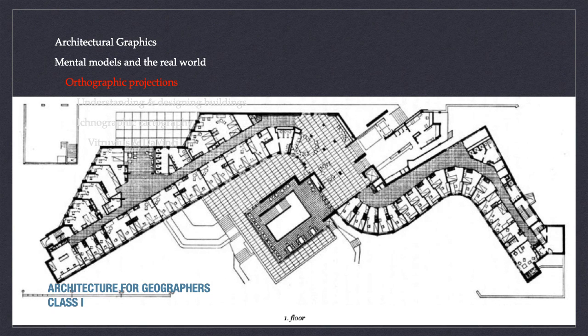Now for the last few slides before we take a break, I thought we might take a little closer look at a few architectural drawings to familiarize ourselves and learn some of the conventions of architectural drafting. This is the ground floor plan of Baker House, Alvar Aalto's fabulous project on the Charles River in Cambridge.